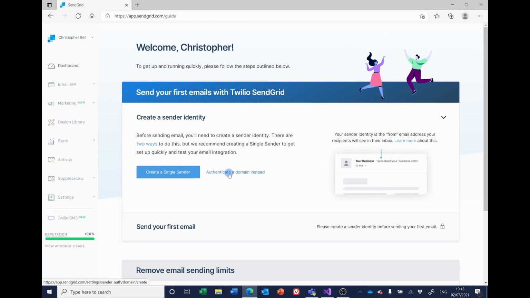And secondly, if you use just the single sender, the recipient of your emails will, as part of the from address, see a section that says via SendGrid. If you use domain authentication and link that with link branding as well, they won't see that in the from email address. So anyway, after that diversion, you then go to create single sender,